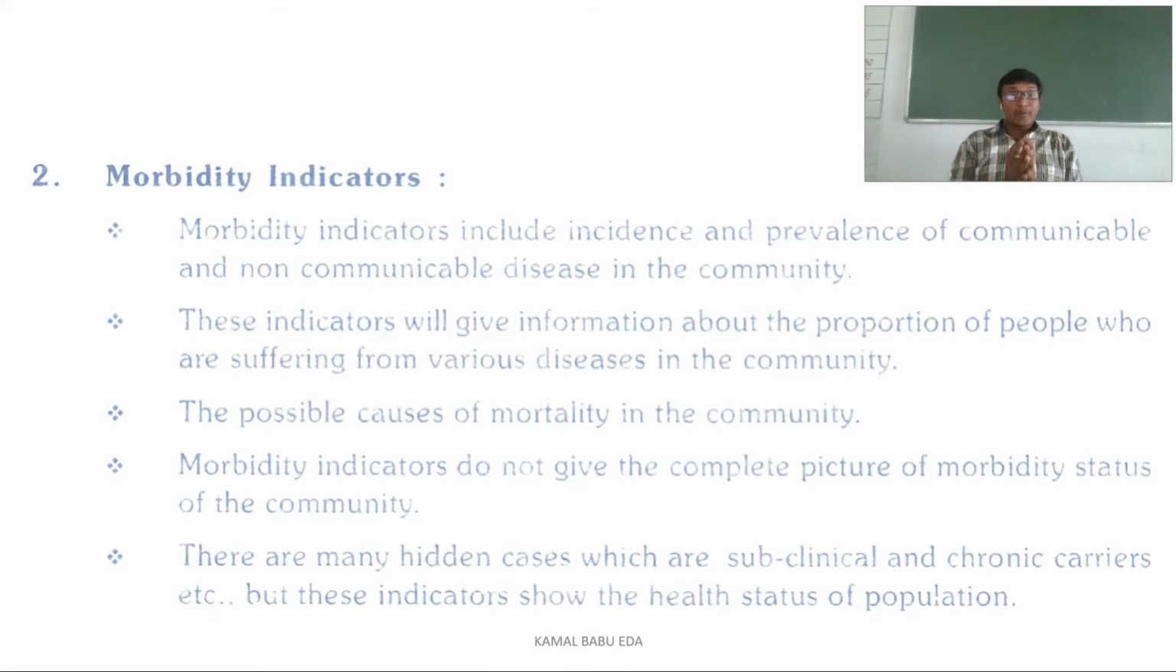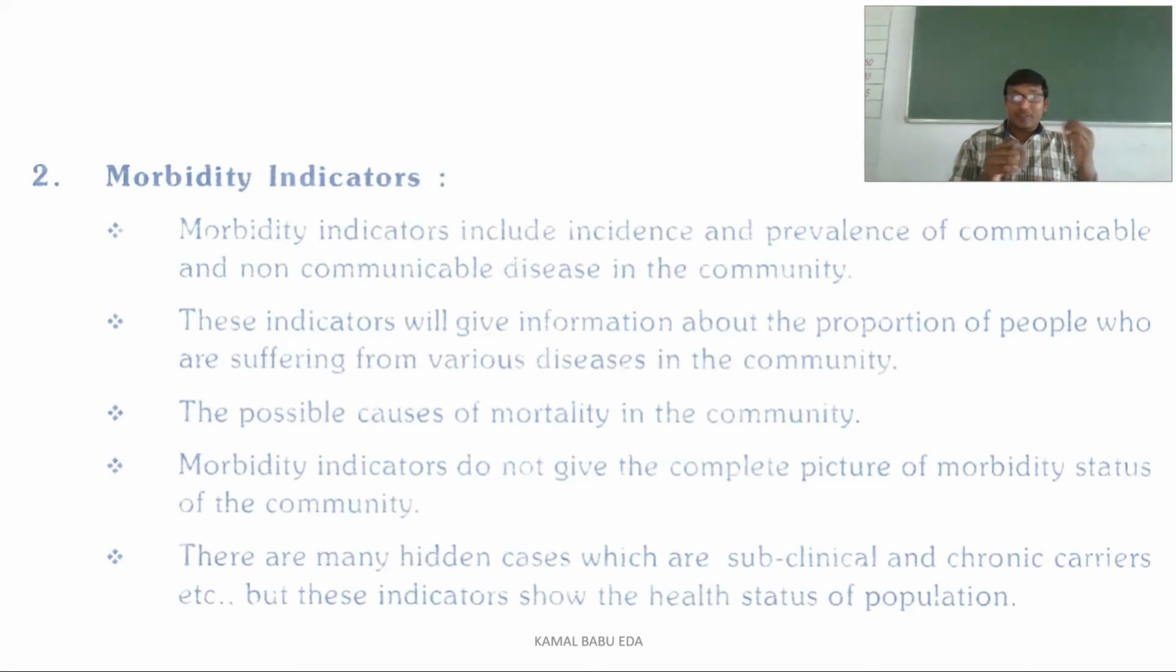What is the proportion of people, meaning how many people are having a particular disease? How many people are having cardiovascular diseases, how many people are having communicable diseases? So you will get this through these morbidity indicators, and we will also see what the possible causes of mortality in the community are. And these morbidity indicators do not give a complete picture of the morbidity status of the community, because